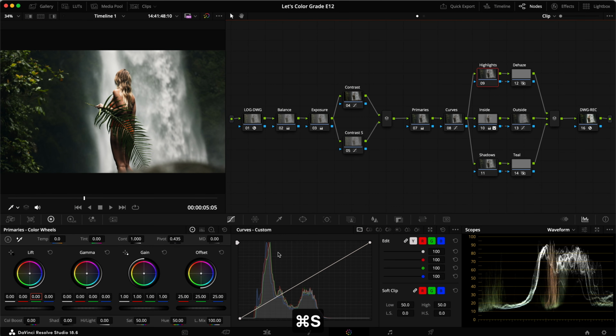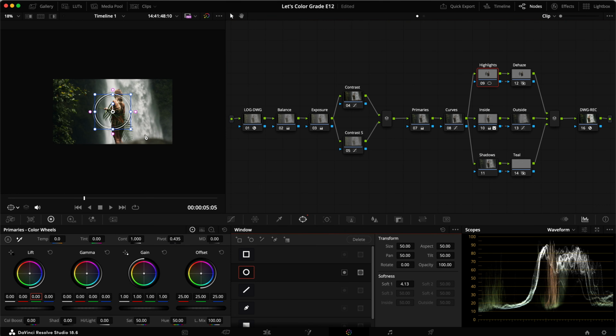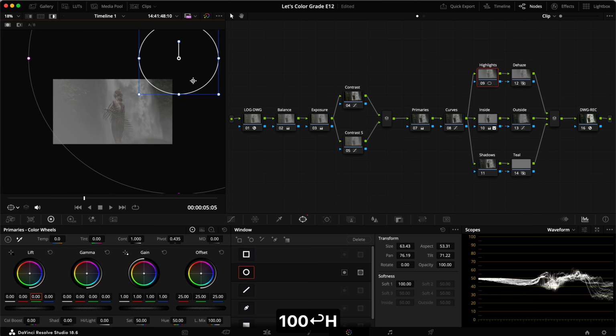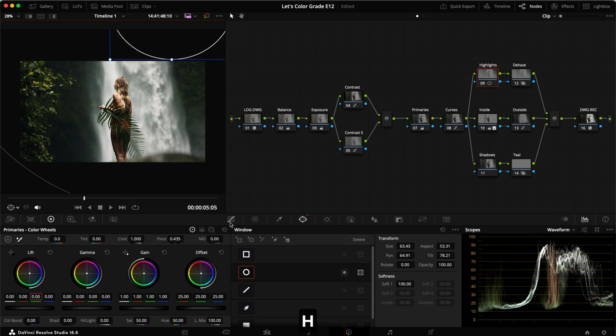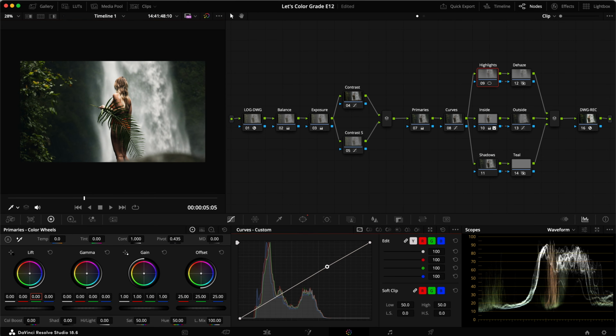So let's take the highlights first, and I'm just going to make a big circular mask, move it up here, something like this. And then I'm going to add a lot of softening. Let's just try with 100 actually. I think that's pretty good. And we want to emulate it. It's coming pretty much from up top here. So something like this. Moving it a little bit further,